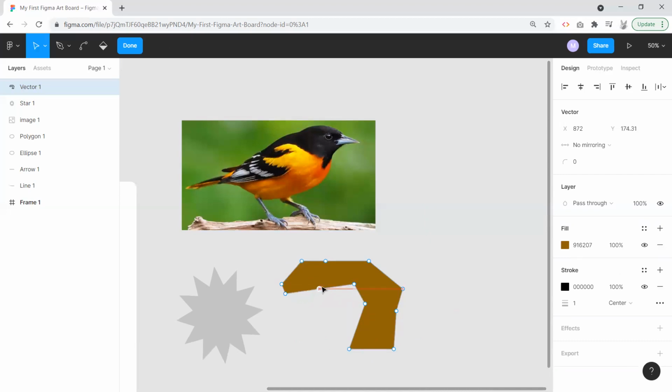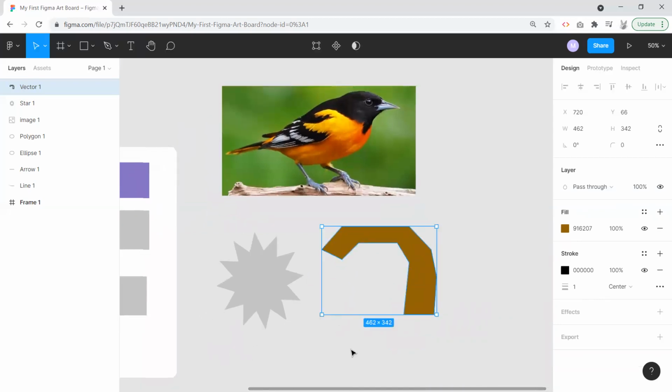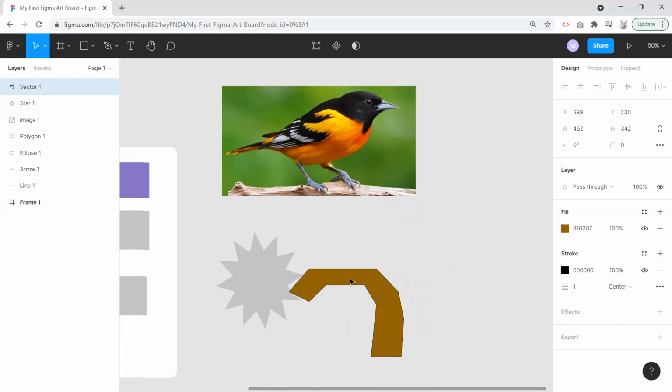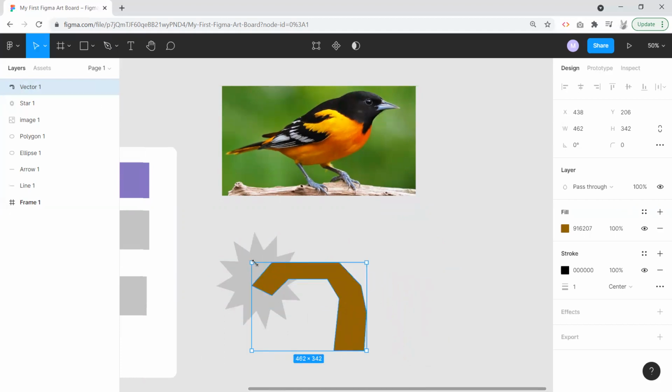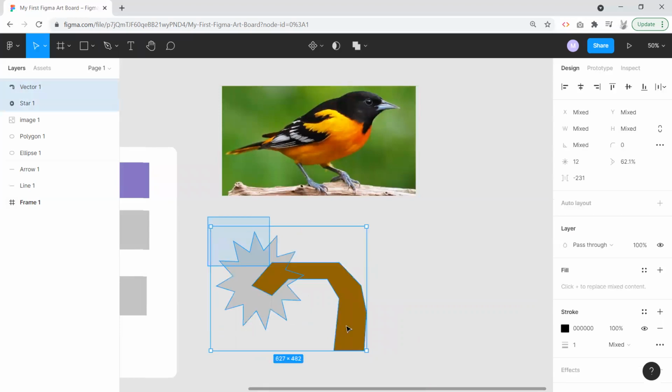And these are editable infinitely. This is essentially non-destructive editing, and you can do this forever. And what's interesting here is now that we're into playing with vector shapes a lot, this is very useful for creating icons or creating masks or creating shapes or such. What you can do is when you have multiple shapes, let's say I take this vector and I place it over here with our original star. You'll see over here in our layers panel, we have the star right here, and we have the vector right here. And if I were to select both of those, up here in the middle, in particularly this section right here,